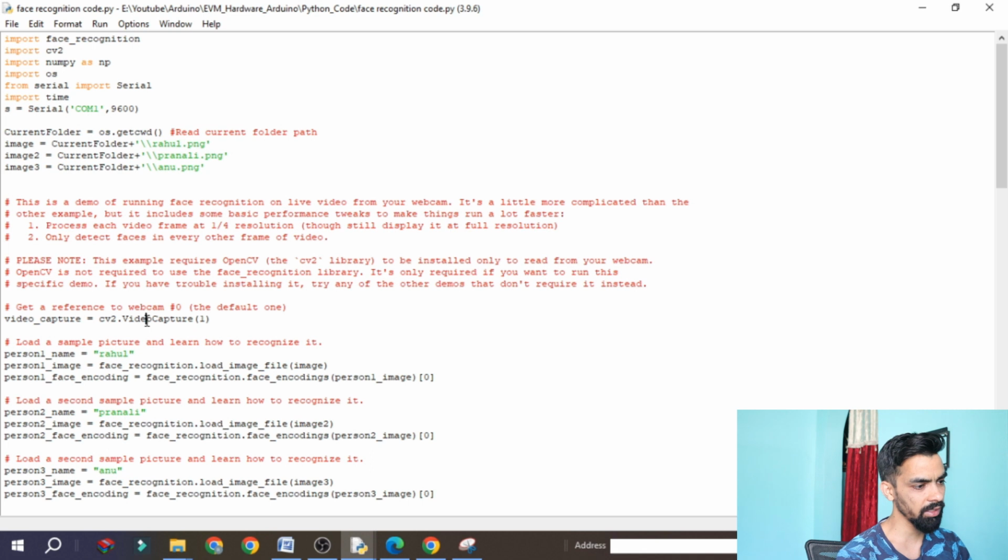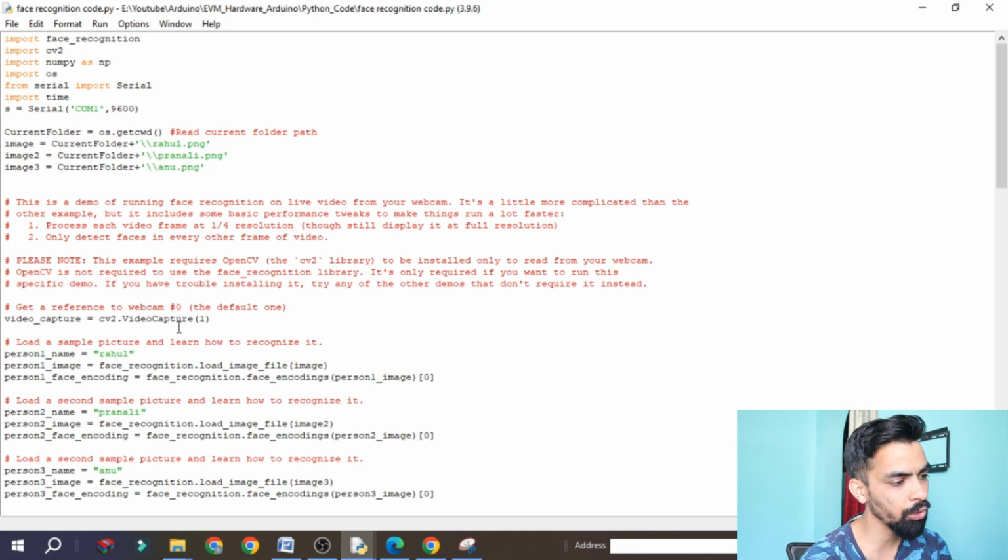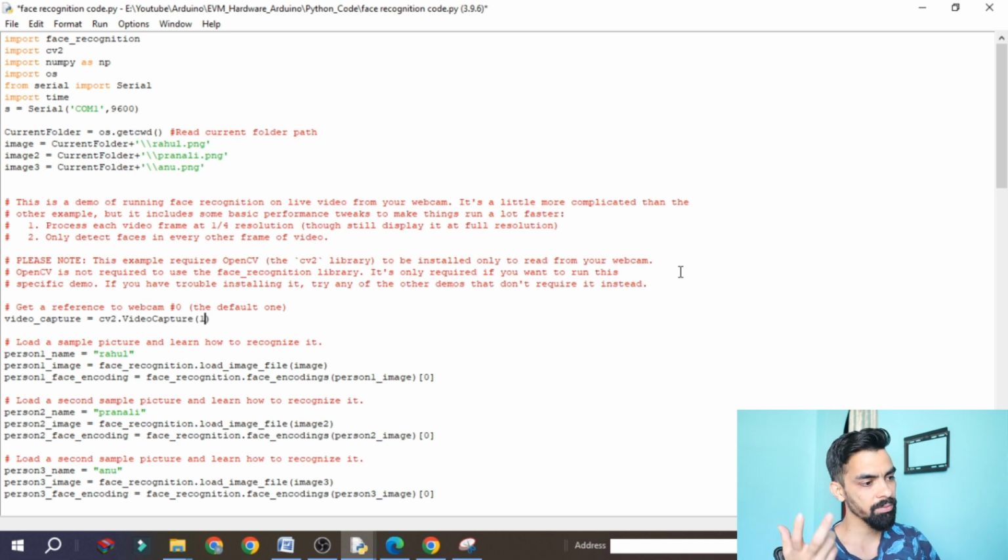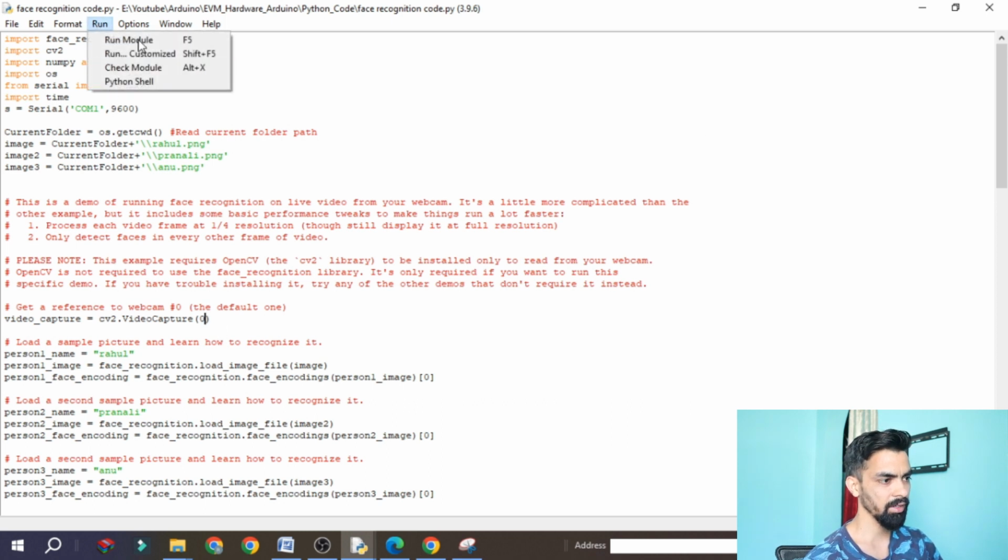your code, and here in each and every code you will find the video capture. Okay, so video capture is asking for your camera port. Right now I do not use the USB camera, I am using the laptop camera, so here it should be 0. Okay, if you are using a USB camera then it should be 1. For Raspberry Pi, if you are getting the same error, then you can use -1, you can type 0 or 1 or 2, like this you have to give the port number and try. Right now I am using the laptop camera, so I should give 0 and run again.